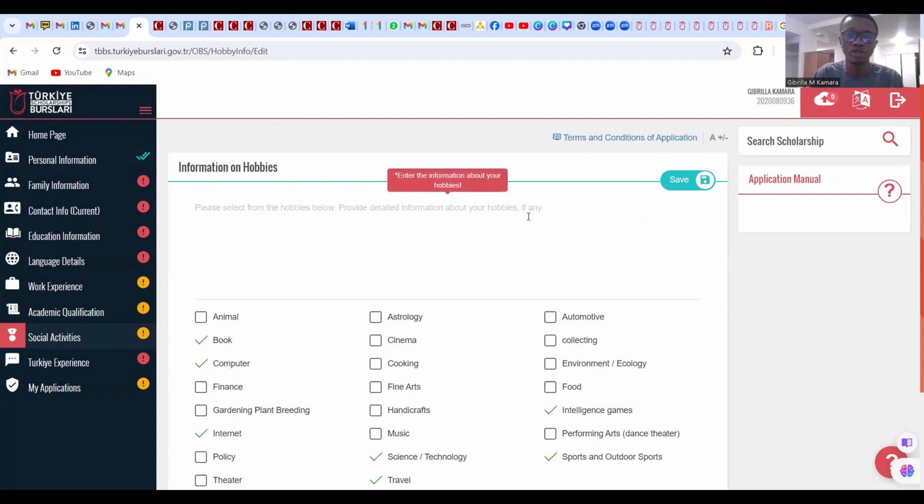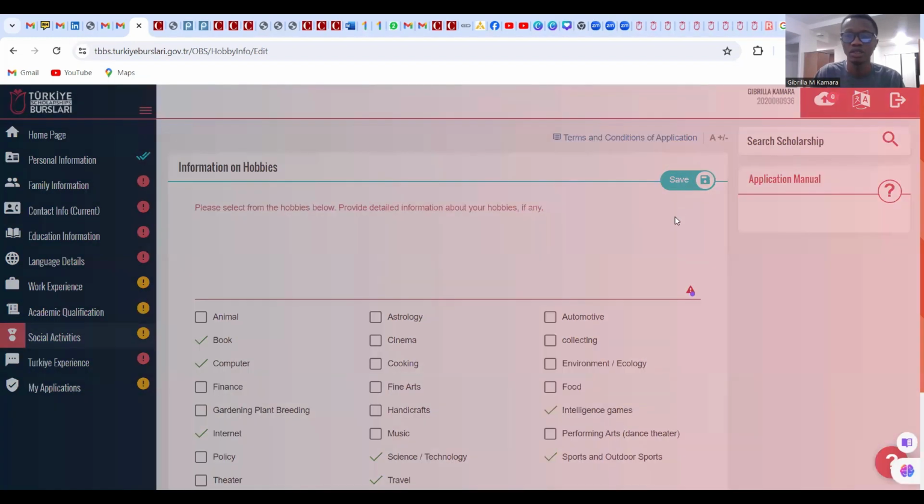Provide detailed information about your hobbies, if any. So if you have anything you want to write about, you can write it here. If you don't,